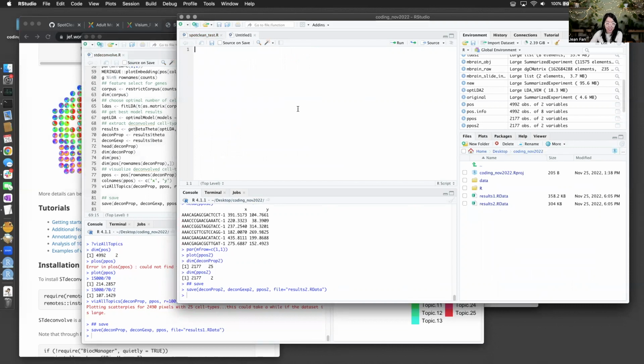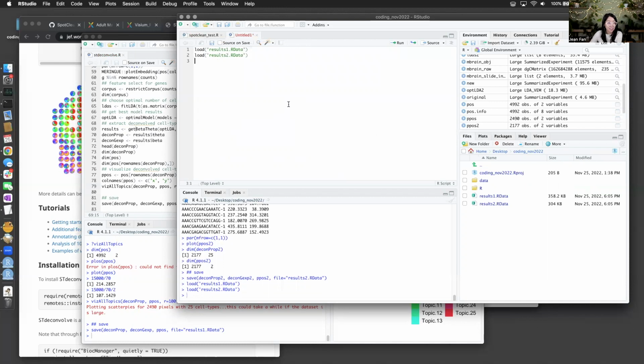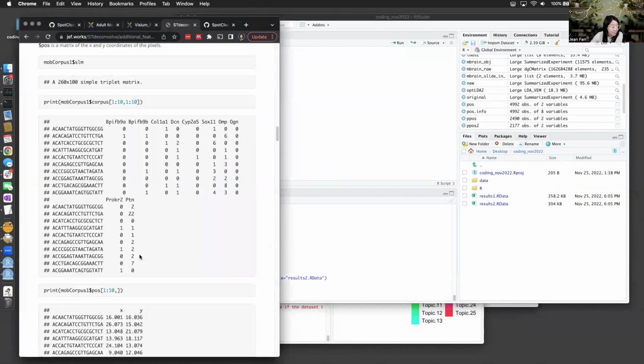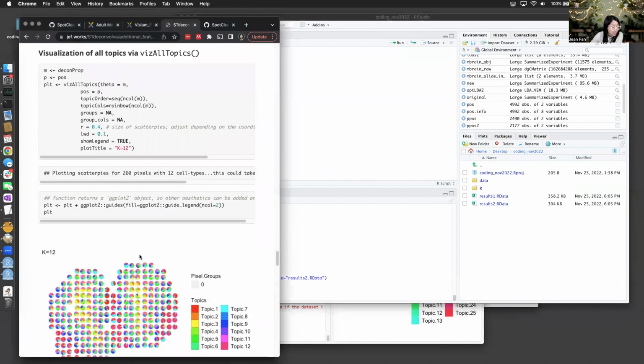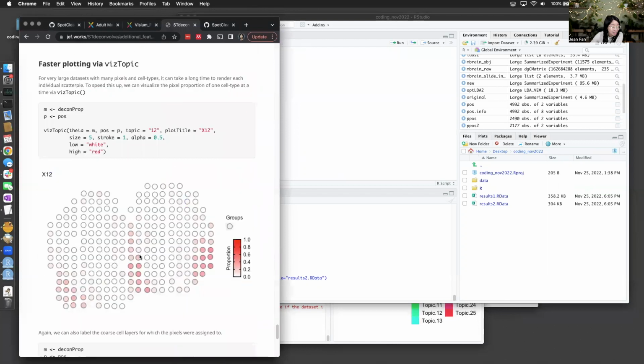So I'm going to just load up the results 1 and load up the results 2 in the same session. Everything's here now. So I should be able to, let's see, plot some intensities. Yeah, I don't want to spend all the time visualizing those